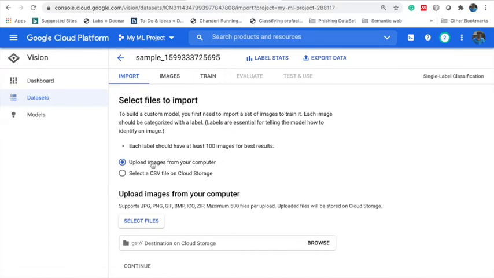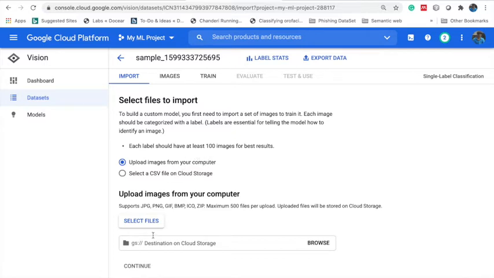In this particular tab, you can upload your local images or images stored in your local system, or you can also upload CSV files which provide the links to the images. Currently, I have dataset in my local system, so I am selecting the first option, upload images from your computer.